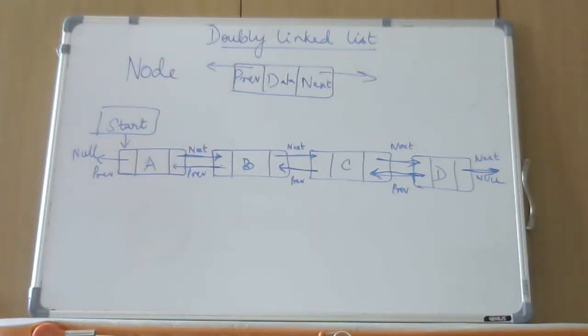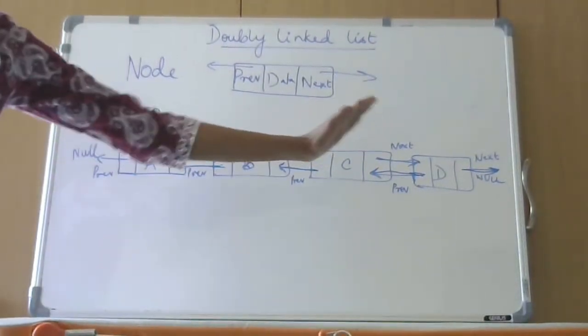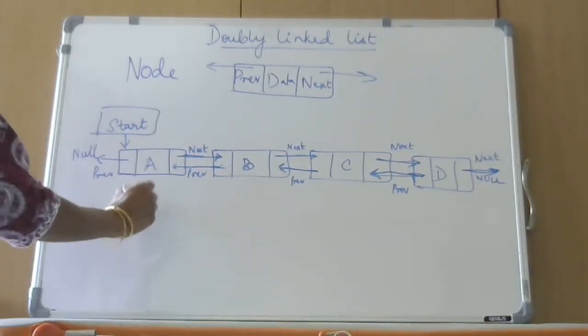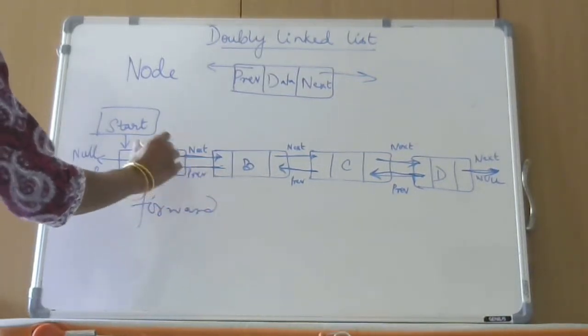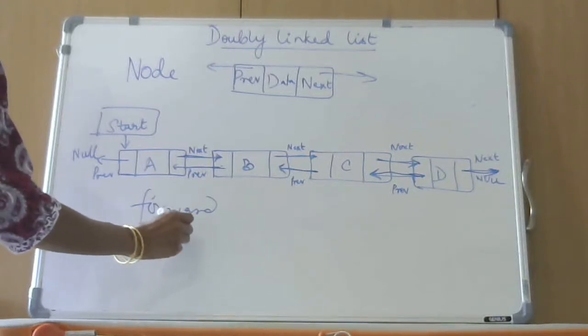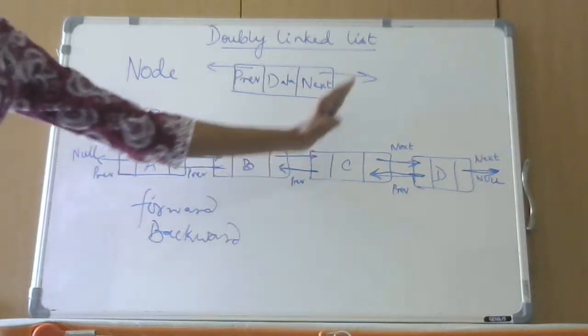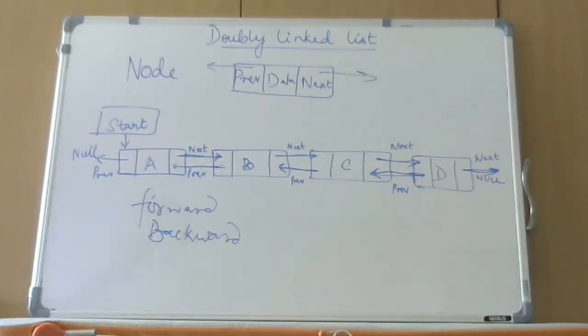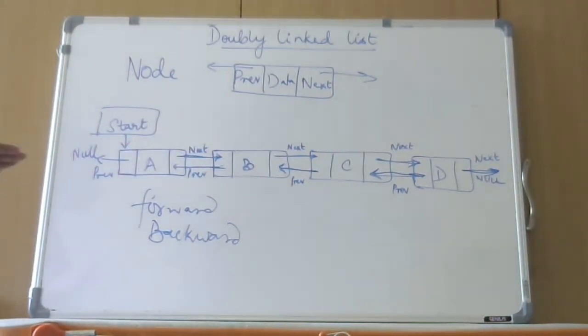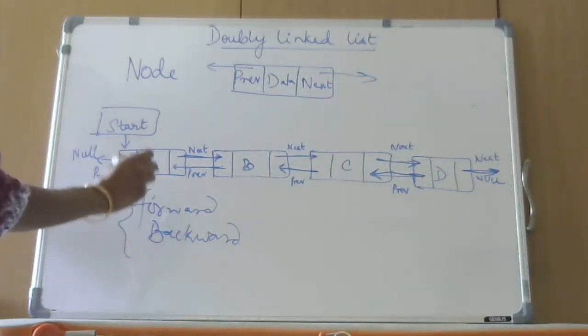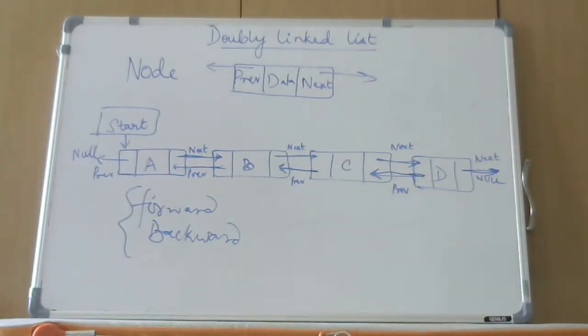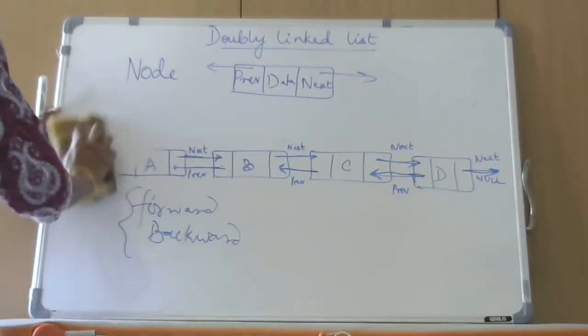So navigation is possible. Navigation means traversing. Traversing is possible in both directions. I can traverse this linked list in the forward direction, and I can also traverse it in the backward direction. I can traverse from A, B, C, D. I can also say D, C, B. I can traverse from that side too because we have two links, to keep track of the next node as well as the previous node. That is the reason you can always traverse in both directions. Now, next let us see what are the operations that can be performed on the double linked list.